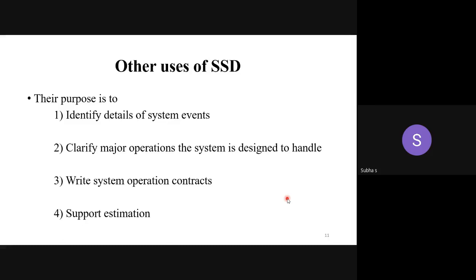For example, I am talking about the library management system, or you can have the NextGen POS. The agreement between the cashier and the system. Agreement doesn't mean a written agreement to be signed, like that. It means how the operations actually take place. That is defined in the operation contracts.